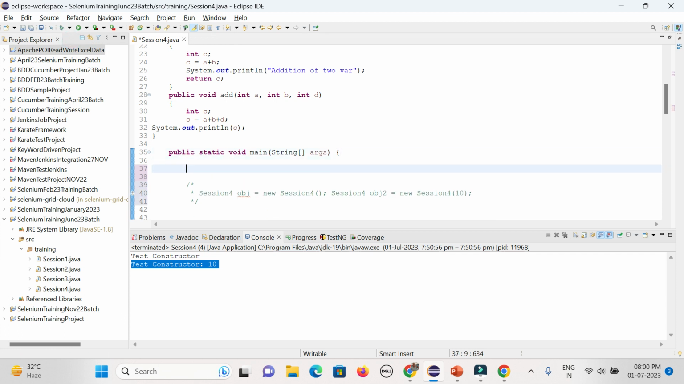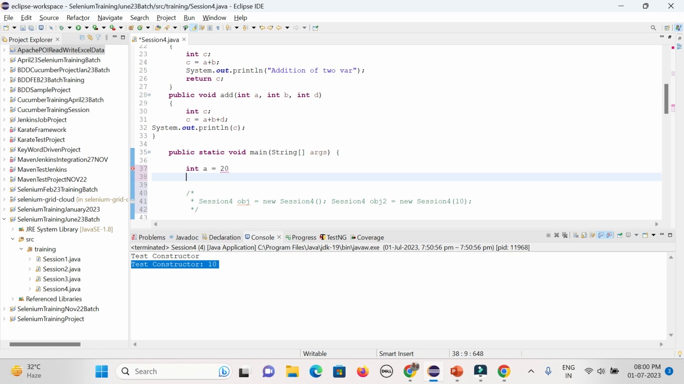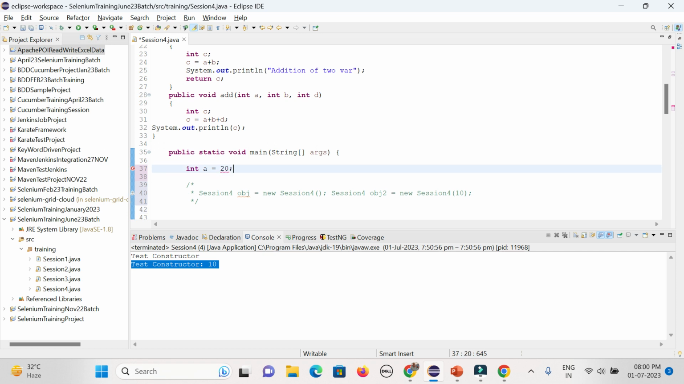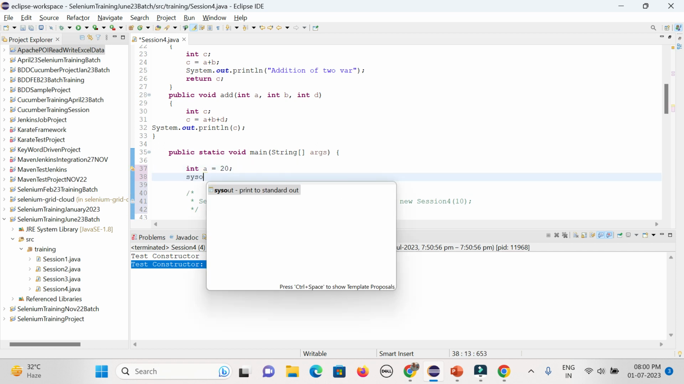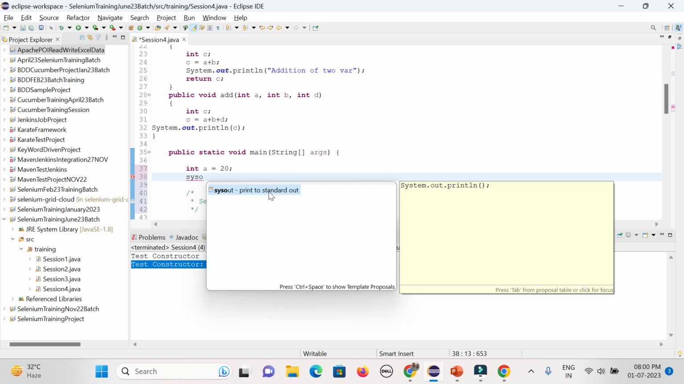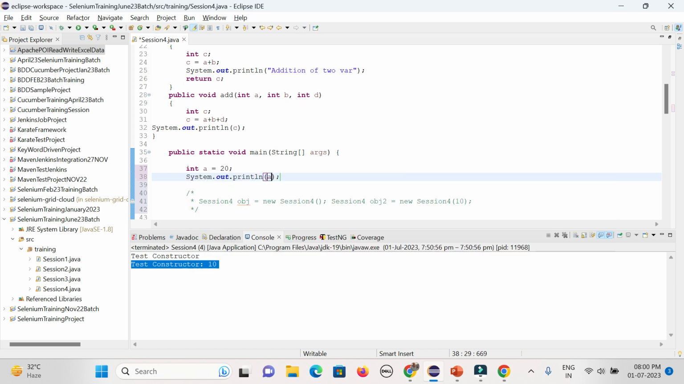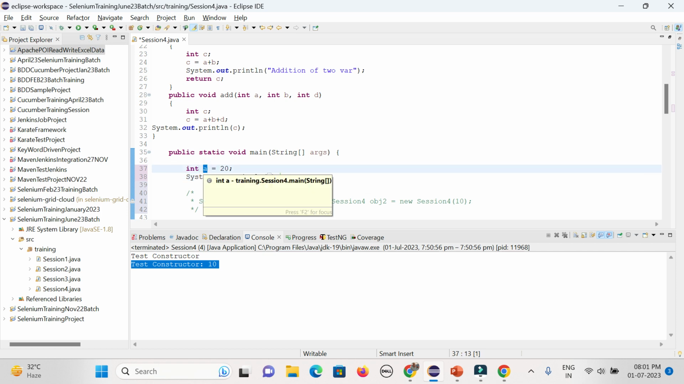Say an int variable, int a equal to 20. If you want to print it out with SOP, it will give you the value 20, not a problem. But this is simply a primitive data type, not an object of the wrapper class. So how can I convert it? Okay, so what you need to do,